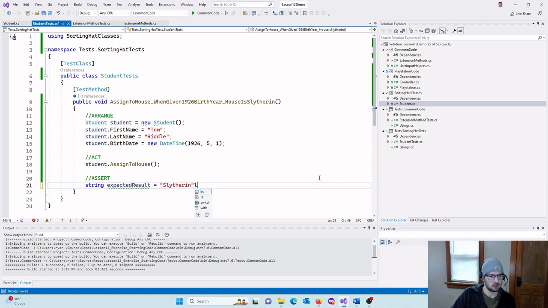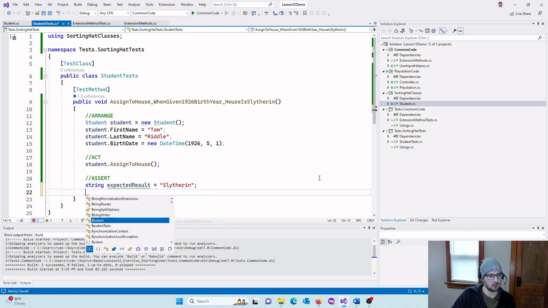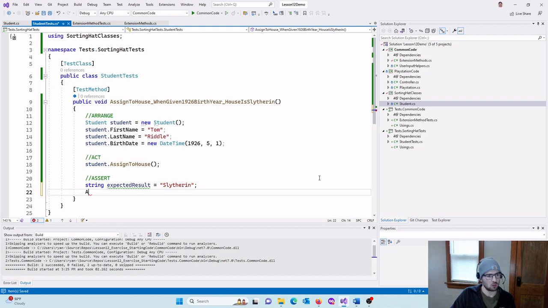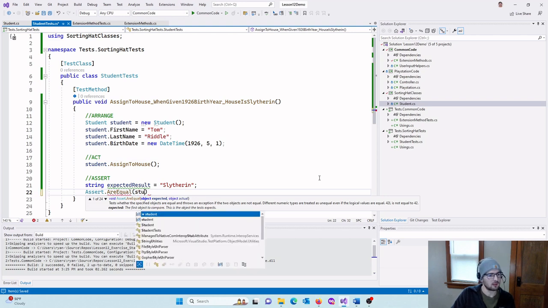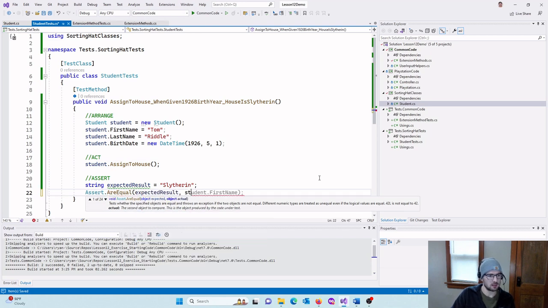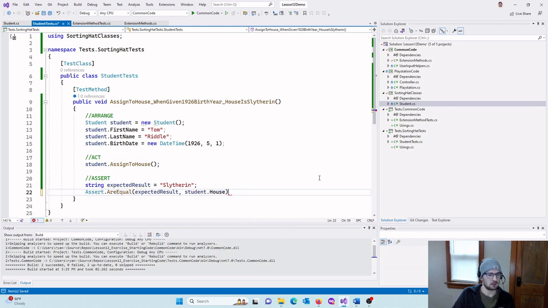Slytherin, and then we assert that the expected result is student.house matches the expected result. Okay, there we go. So this is what this test could look like, and